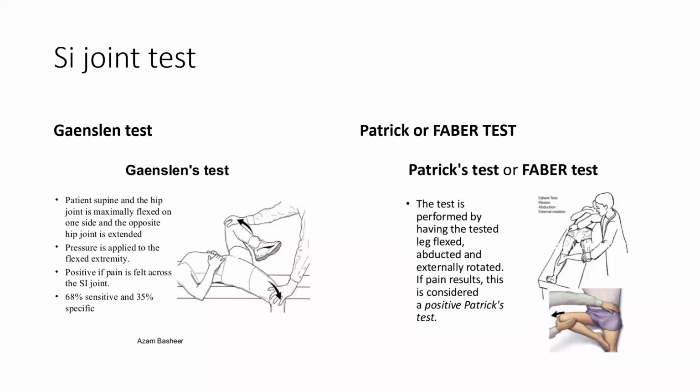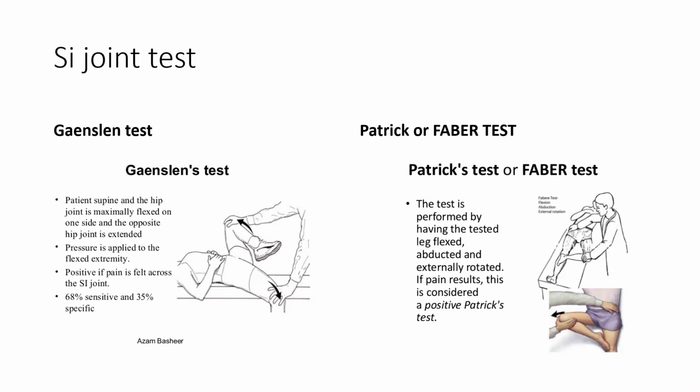Now these are the two SI joint tests. In ankylosing spondylitis, the joints affected are the SI joint first, then spine and then hip. The last test which I did was for spine. So lumbar spine का हमने test किया. Now we have to check for SI joint. So there are two types of test. I will tell you.